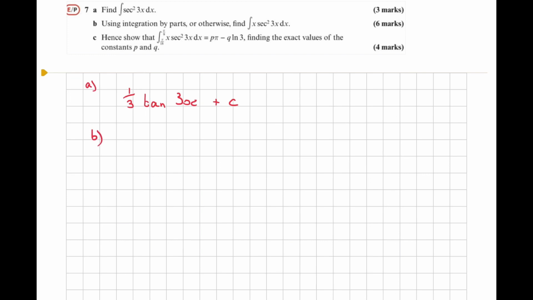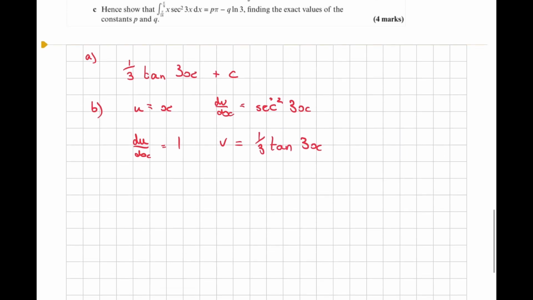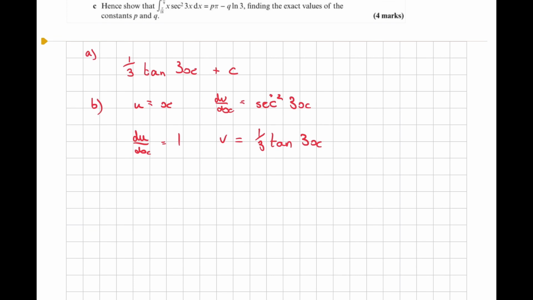Using integration by parts or otherwise, find this integral. So we want our u to be equal to x. We want our dv by dx to be our sec squared 3x, since we've just integrated that. So du by dx is of course 1, and v is our a third tan 3x. So our integration by parts formula is uv, so that's a third